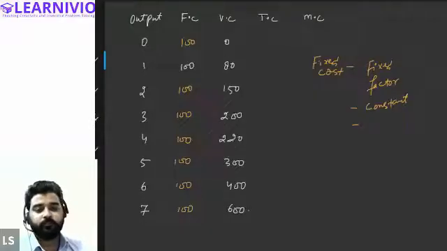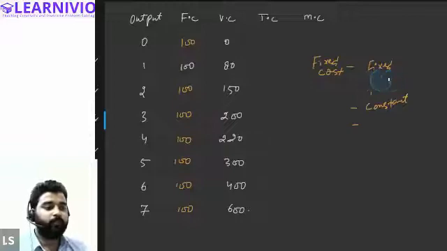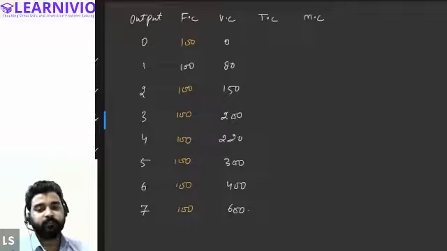100. 100 again. Why? Because fixed cost always remains constant. That is it. That is what I was telling you. Now, once you found the value of the fixed cost, now what you can do in order to find out the total cost,